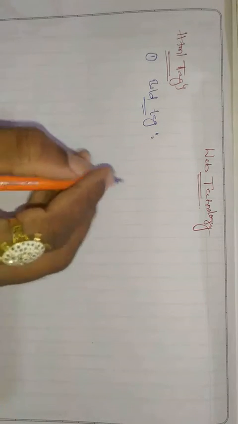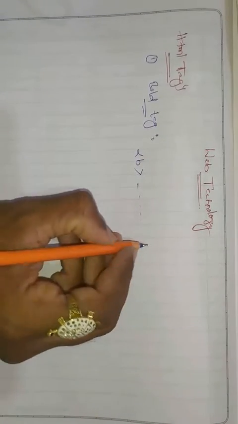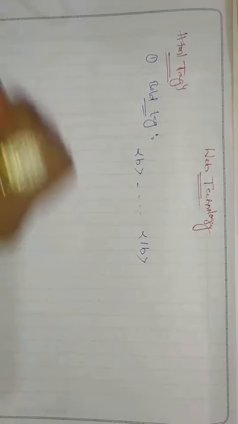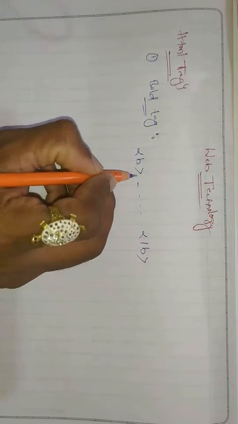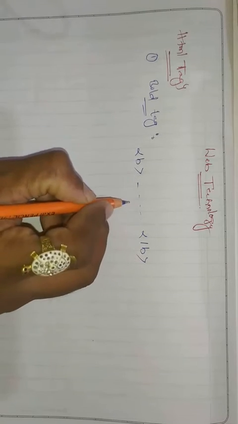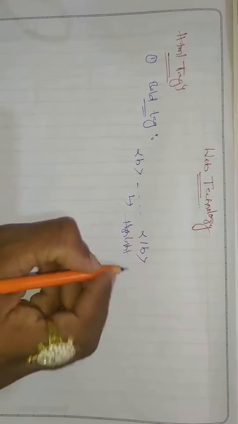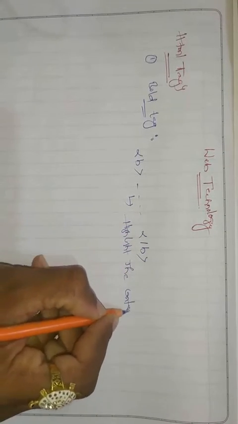We already know about bold from using the computer, when writing in MS Word we highlight text with bold. It is the same here, but here we use the B tag, and this is the start tag and this is the end tag. When we write something between these bold tags, it is highlighted in the content of the web page. It is used to highlight the content of a web page.